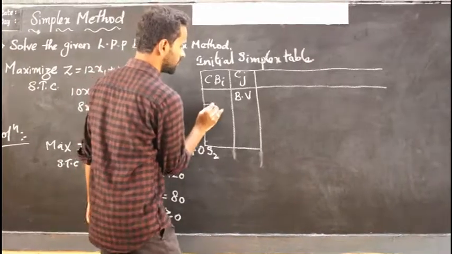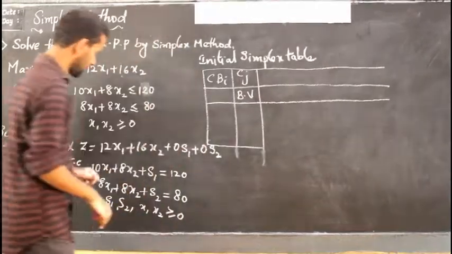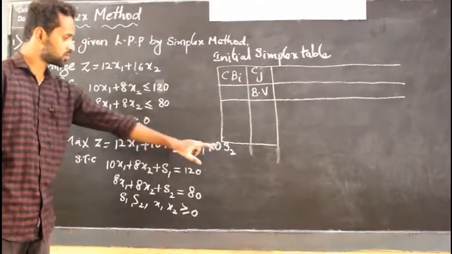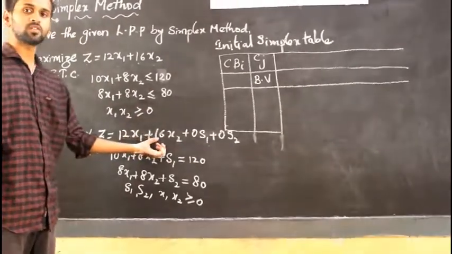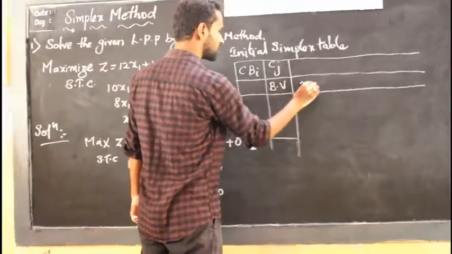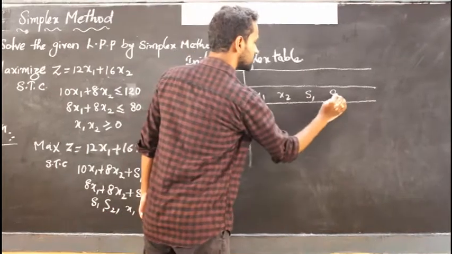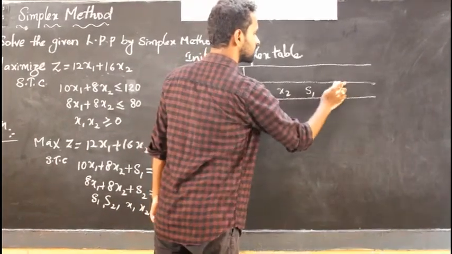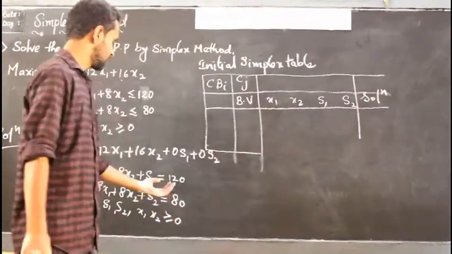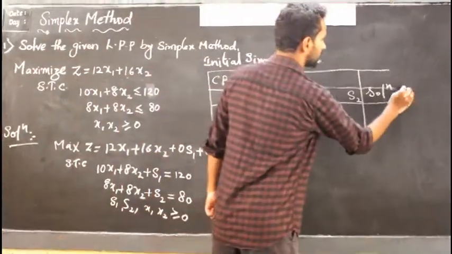So now let me consider the basic variables whatever I have here. Look at it. What are the basic variables I have in the system? Completely s1, s2 and x1, x2. s1, s2 are newly introduced variables, and x1, x2 we already have here. So let us consider the coefficients of the variables: x1 is my variable, x2 is my second variable, s1 which I introduced here, and s2 which I introduced again. So next we have the solution. After equality we have the solutions here, 120, 80 are my solutions, and we need to find the ratio.